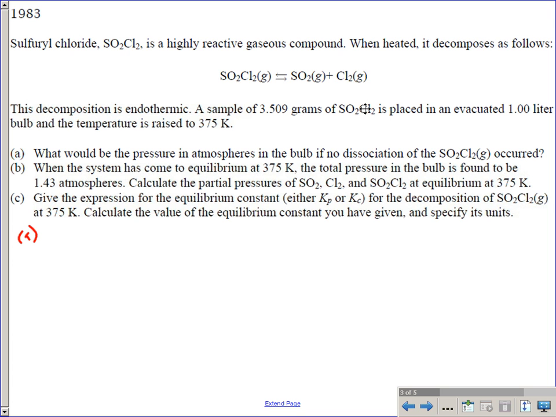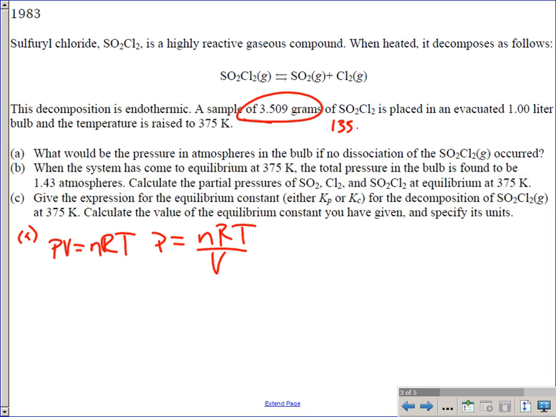So when we're actually going to calculate what's happening in A here, all we're really doing is a PV equals nRT problem. So if we know that for any ideal gas, PV equals nRT, if I want to find out the pressure, that would equal nRT over V. Now, when you look at the initial given information, they tell us the mass. Well, if I know the molar mass of SO2Cl2, which I can add up off the periodic table and get 135.1 grams per mole,